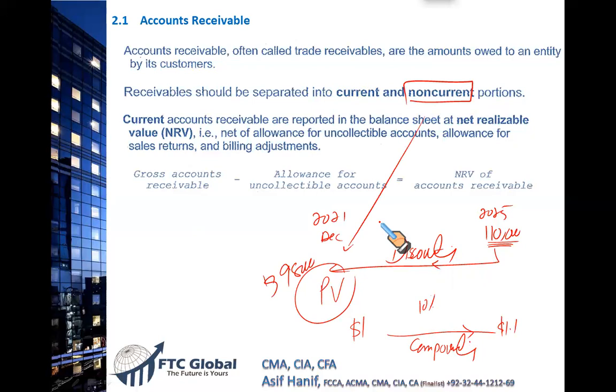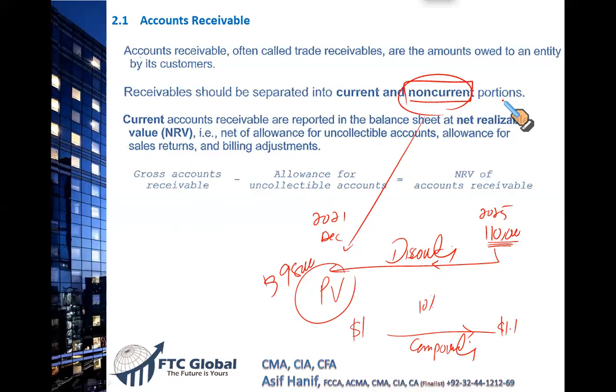Up to this point, there is not a single question anywhere in Gleim, Hawk, and Wiley. There is this gentleman with us, mashallah, Fahad. He has thrashed Gleim thoroughly from A to Z. So Fahad, I'm sure you wouldn't have seen any question involving the non-current area of account receivable. So that is just for the sake of theory.